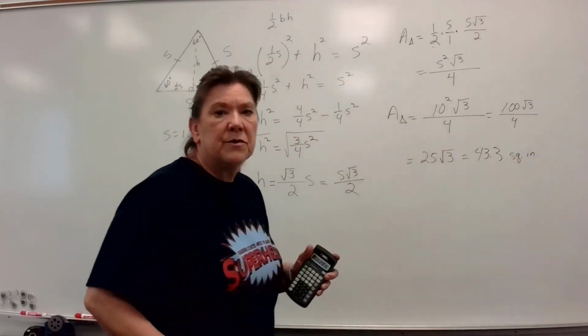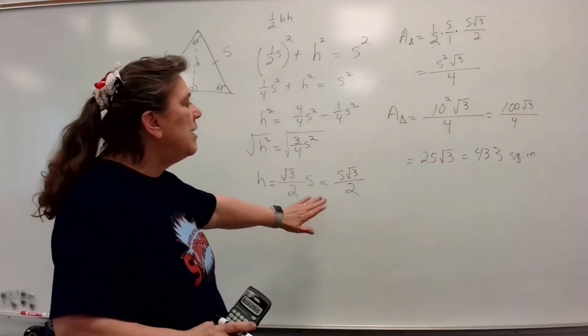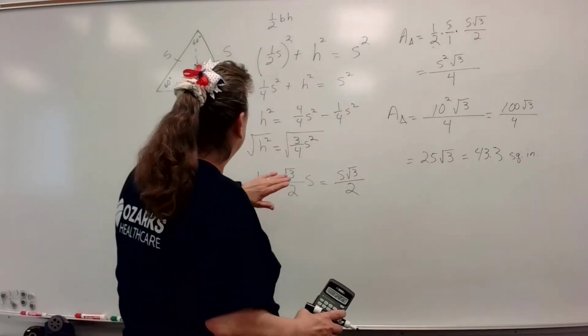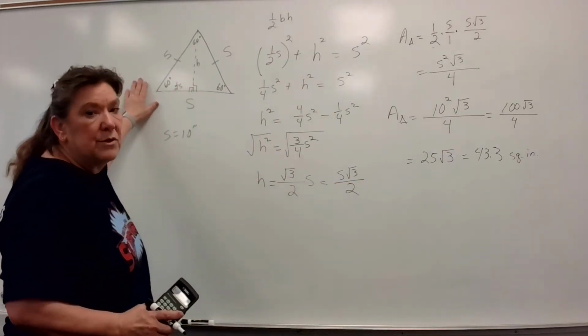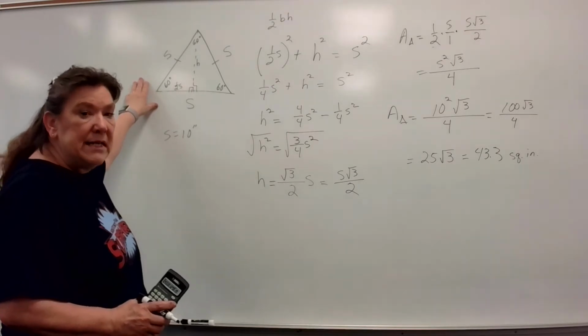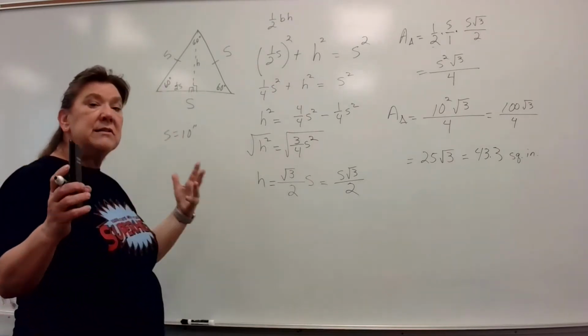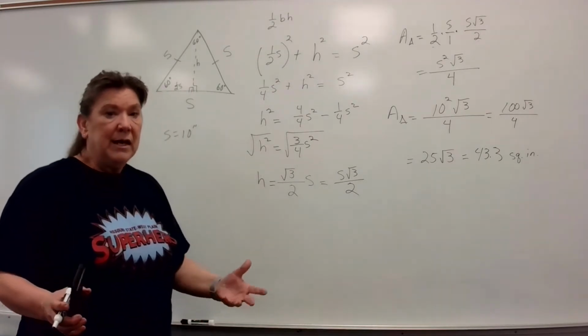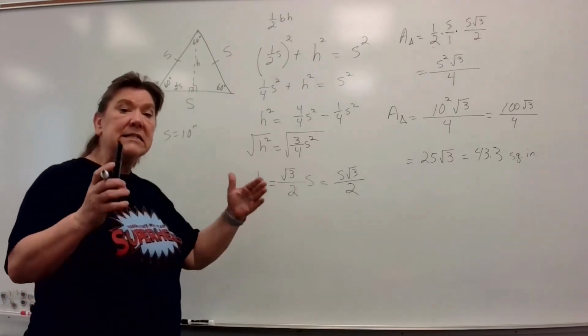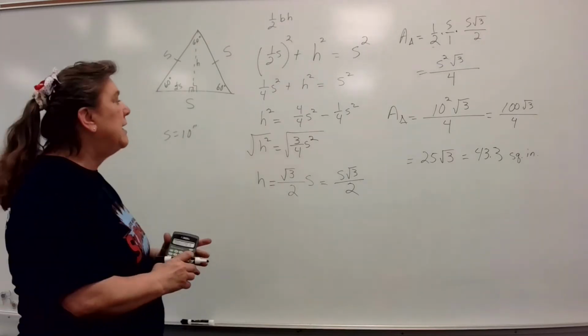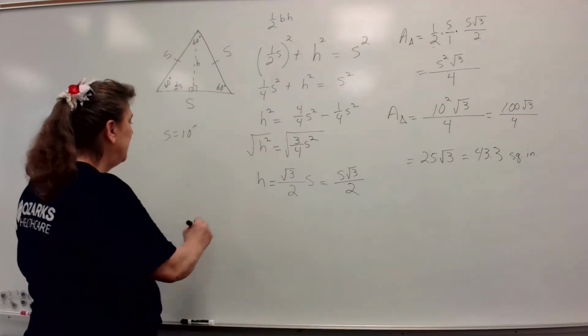Okay? So there you are. You can see how you can use it to figure your area of an equilateral triangle fairly quickly and easily through this. So now say you had a hexagon. A hexagon has 6 equilateral triangles. And so if you know the side of your hexagon,